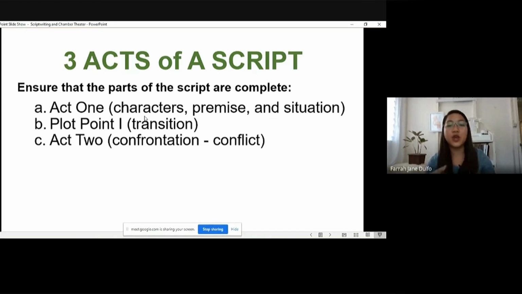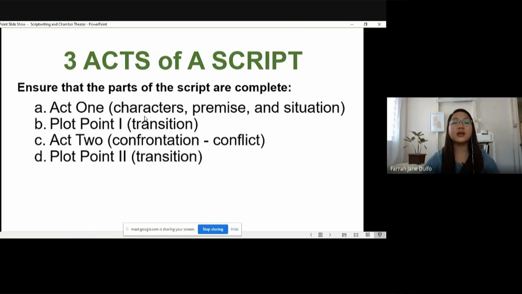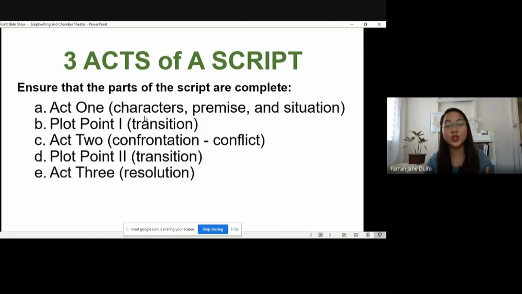So the drama is already there, and it's unraveling some of the motives of some characters, and then plot point two is another intermission number. It's not necessarily adding to the story, but just like a filler. And then going to act three, which is the resolution, unraveling the solution to the problem, then going to the ending. So that's a simple presentation.